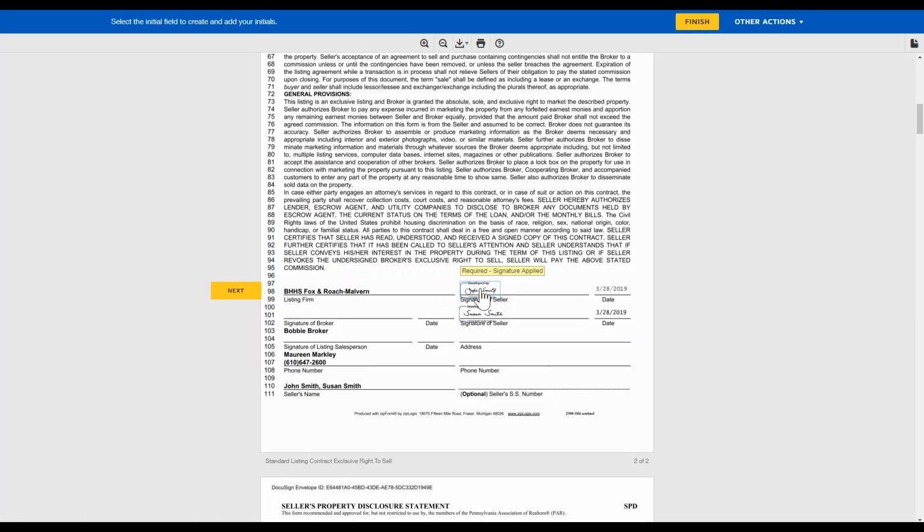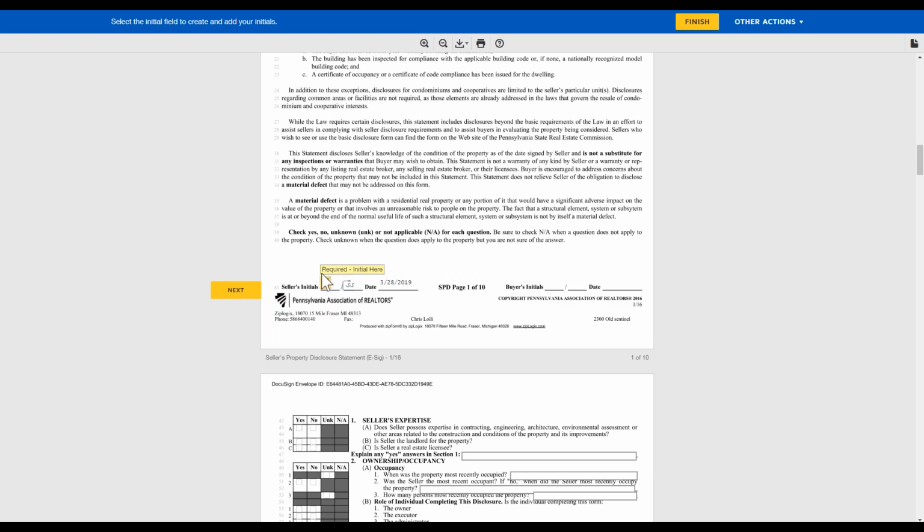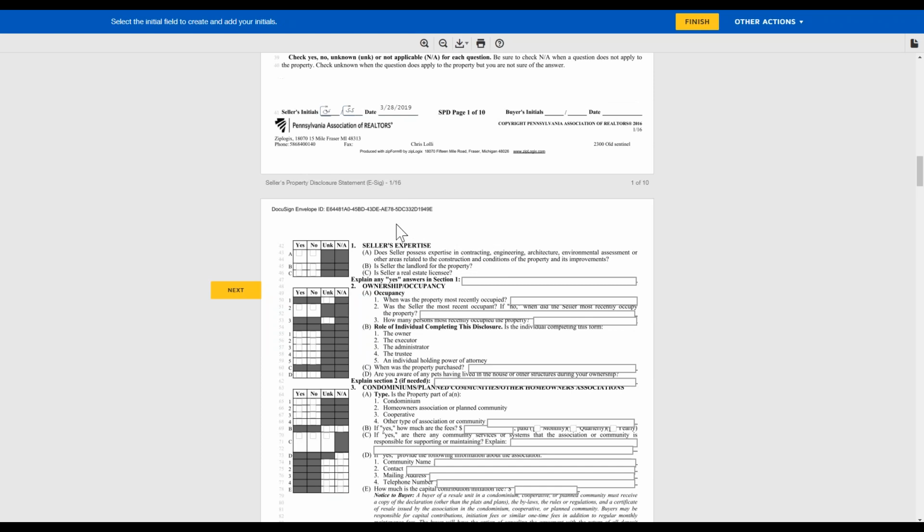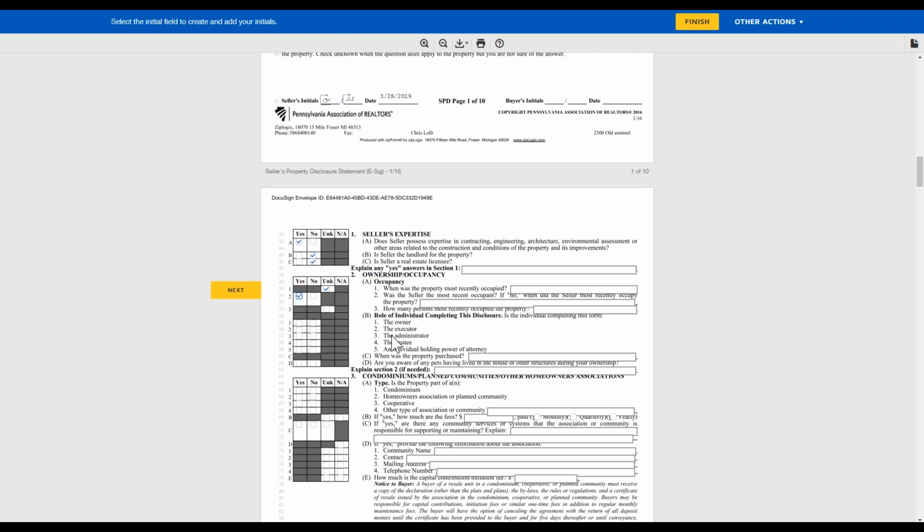And jumps me to the next step. Now here's the seller's disclosure. So this is that fun one, right? And what I have to do here, and it immediately jumped me to the next step, but I have access to filling out these particular fields. So I can just simply click on any one of these fields, and then it automatically fills in those check boxes for me.